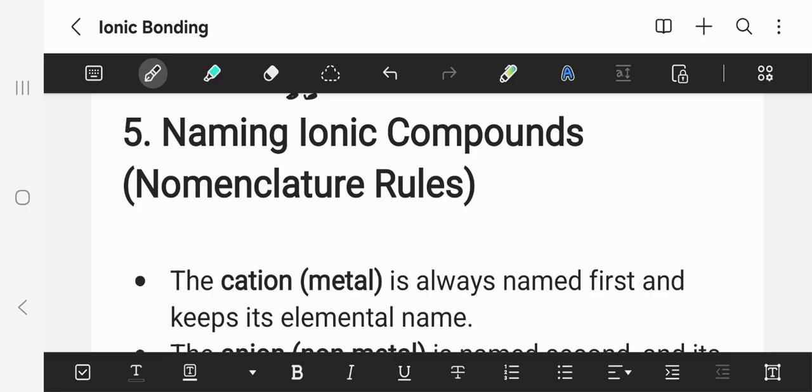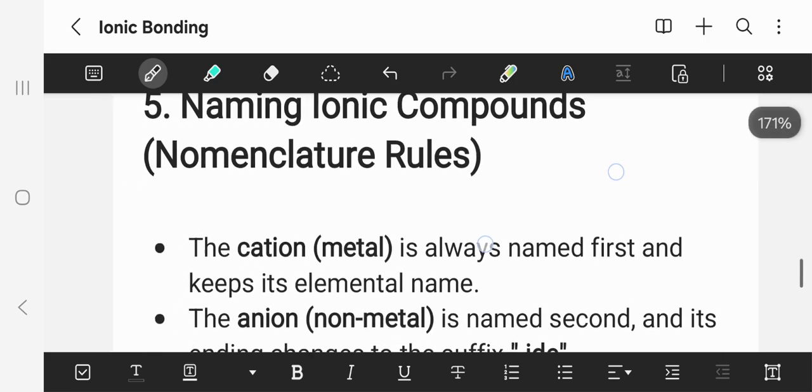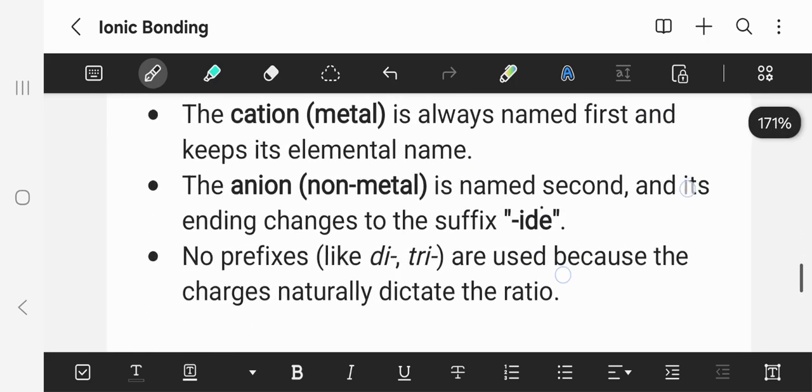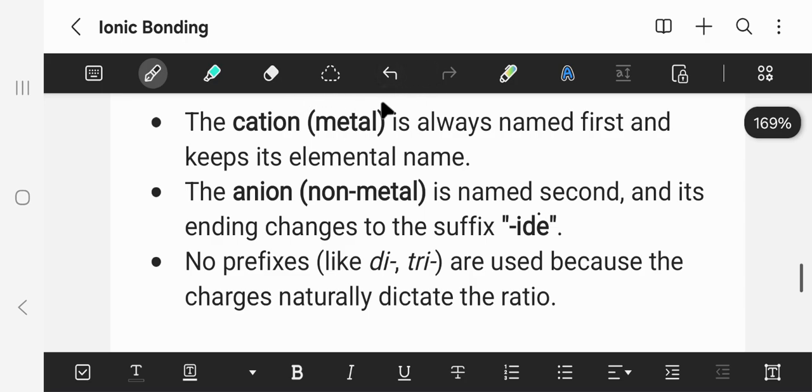You saw the names that were given there. Calcium bromide, magnesium chloride, whatever the case may be. We need to know how they actually came up with those names. There are rules which they followed. So this is how the rules are